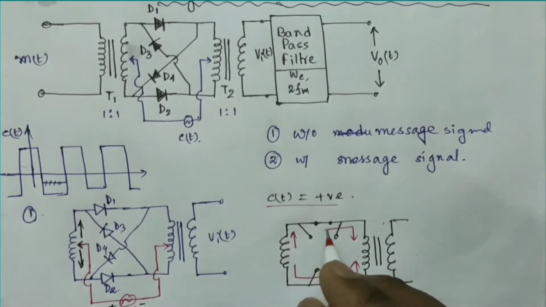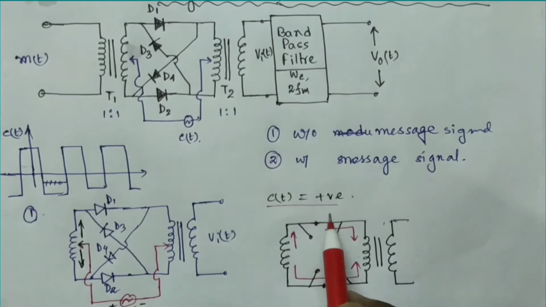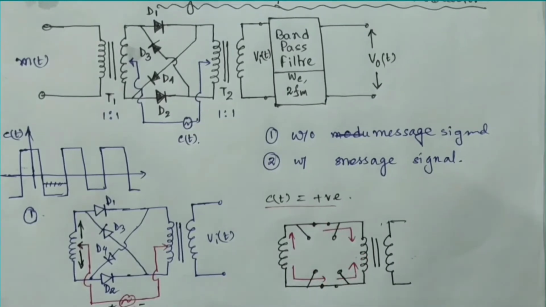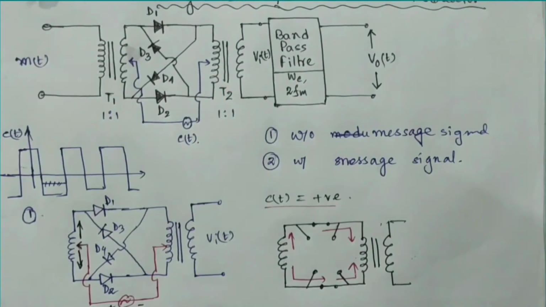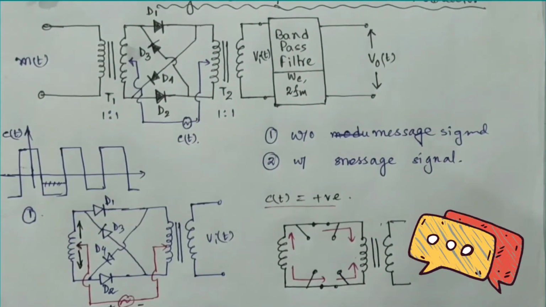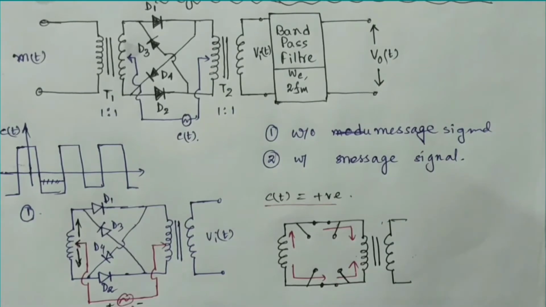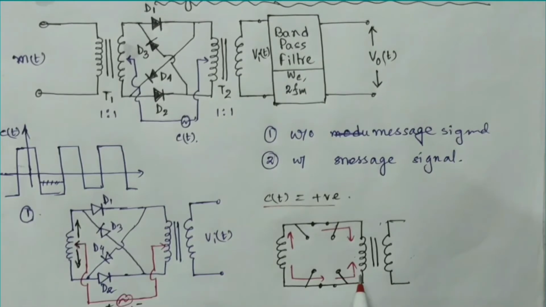Now I encourage you to do it for the negative half cycle as well and see what you get in that case. So pause the video, do that, and share your outcome in the comment box. In this case also you will find that the currents are opposite in direction and have the same value, so no induced current or voltage will be found at this side.